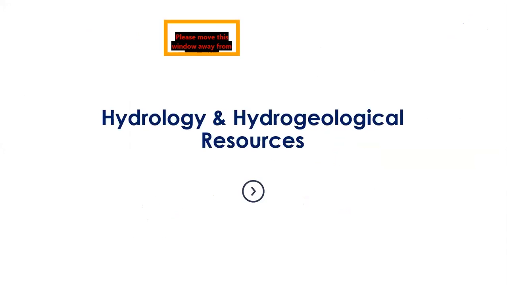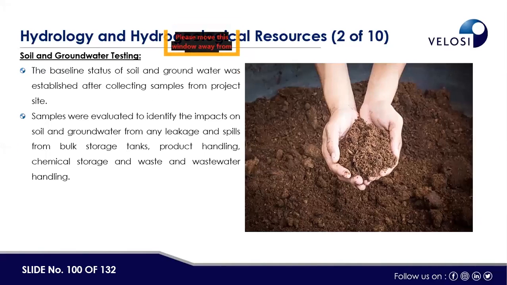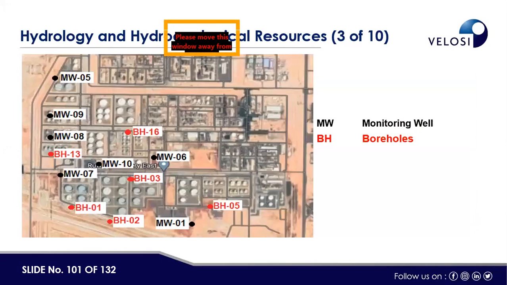Then hydrology and hydrogeological resources, which include the water reservoirs and groundwater reservoirs. This information we also collected from the literature available in previous studies and previous books. So we have collected all this information. Then we have collected soil and groundwater samples to determine the quality of the soil and the groundwater. You can see these are the locations from where we have collected the soil samples and the groundwater samples,